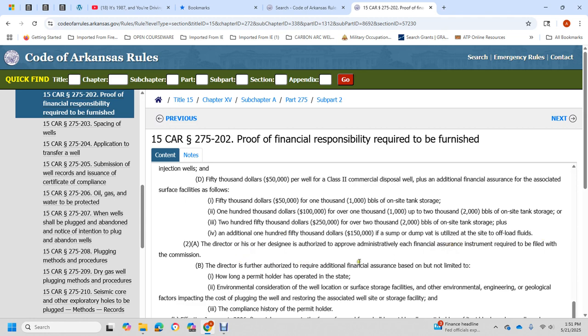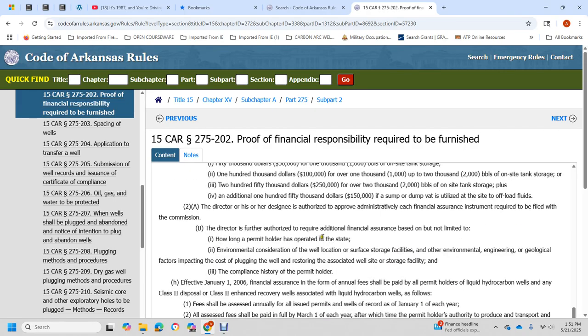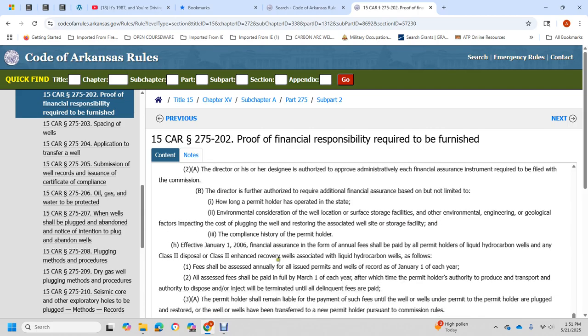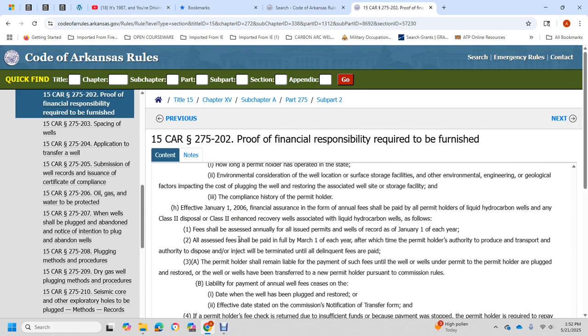The director is further authorized to require additional financial assurance based on, but not limited to, the permit holder's operative state, environmental considerations, well locations of the storage facility, and other environmental, energy, and geological factors impacting the cost of plugging the well and restoring the associated well site, the storage facility, the compliance history, and permitted order. Effective January 1st, 2006, the financial assurance will be in the form of an annual fee